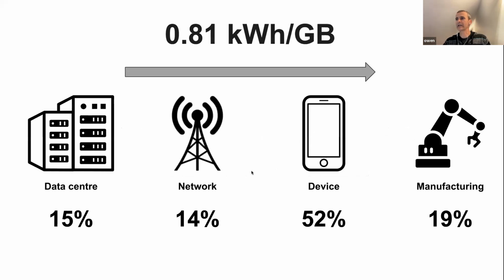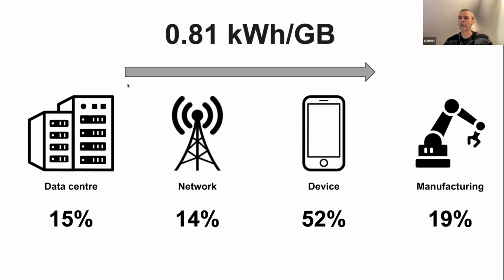So how do we use this data? Well, what we're saying is that if transmitting the data for our website or service across the internet to our users consumes 0.81 kilowatt hours per gigabyte, and we know how many gigabytes of data our service consumes in a given period, per day, per month, per year, then we can start to calculate the total energy use associated with our website or service.